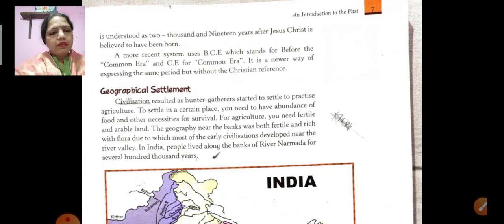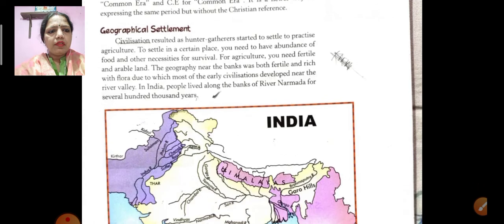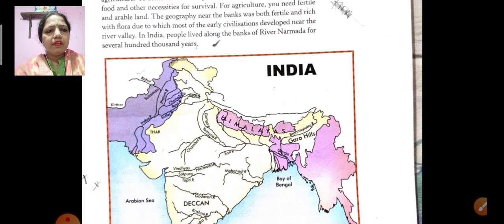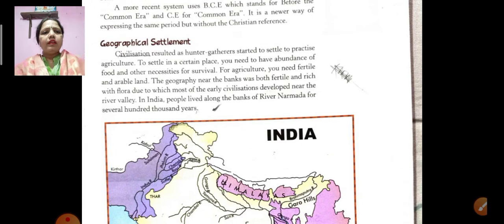Geographical settlement. Here you can see the picture of the India map, and this is divided into geographical parts. So civilization resulted as hunter-gatherers started to settle and practice agriculture. To settle in a certain place, you need to have an abundance of food and other necessities for survival. For agriculture, you need fertile and